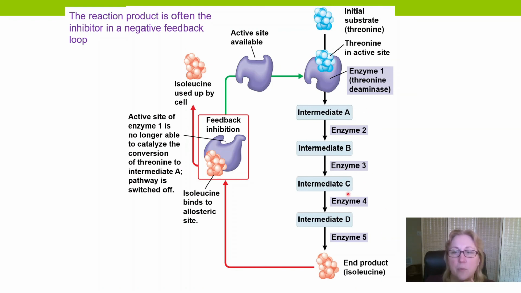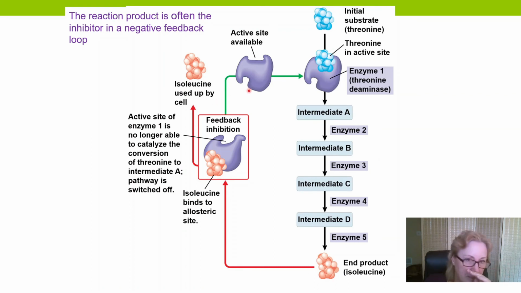We don't have to regulate every enzyme in the pathway. We only need to regulate the first one, because if this first enzyme is not working, there won't be any intermediates for any of the other enzymes, and they'll just sit around doing nothing, which is what we would want, right, if we wanted to stop. So if there's lots of isoleucine around,